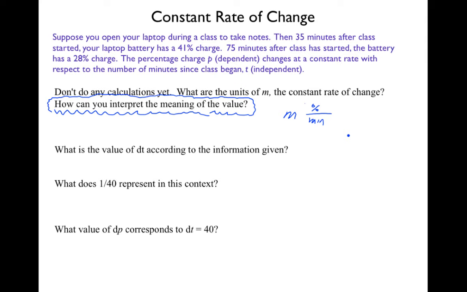What's the meaning of that? Somebody knew. Go for it, yeah. No, the meaning of the value m. This is our big thing that we worked on today. Yes, sir. Constant rate of depleting percentage. Right, but what's the meaning of that number? That's what we call it. We call it the constant rate of change. What's the meaning? Yes, here. For any change in minutes, you can